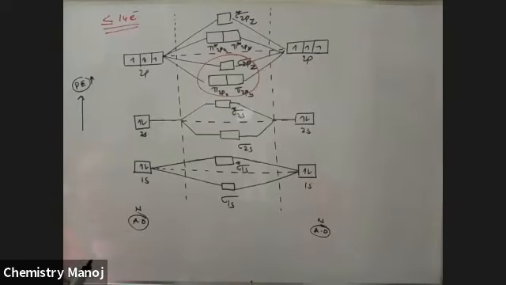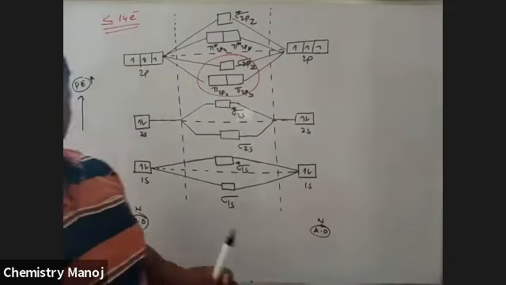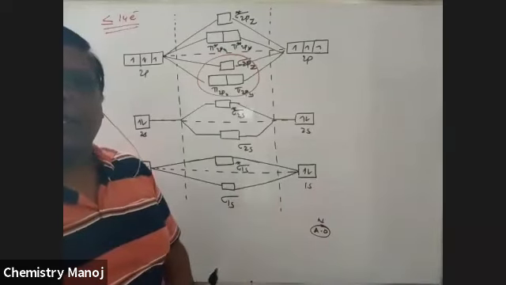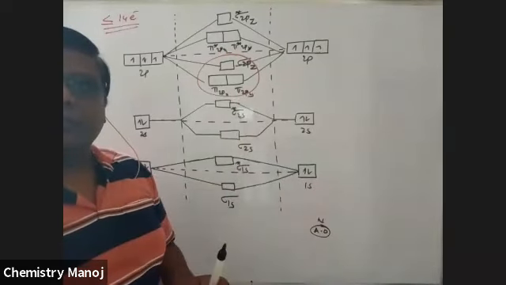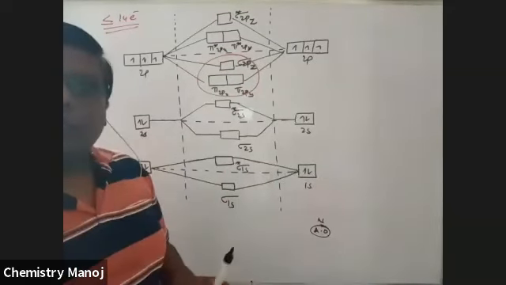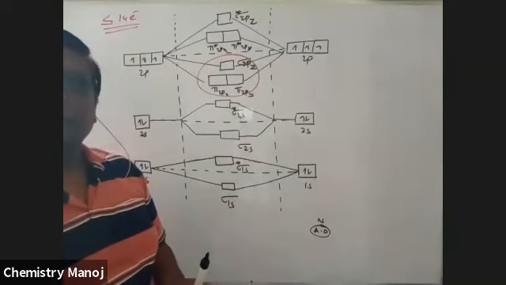So first of all, count the number of electrons. If it is less than or equal to 14 electrons, draw the picture like this. 14 is also applicable, nitrogen is 14. If it is greater than 14 electrons, at least 15, it is the O2 molecule diagram. Okay, so see here, I am distributing the electrons.